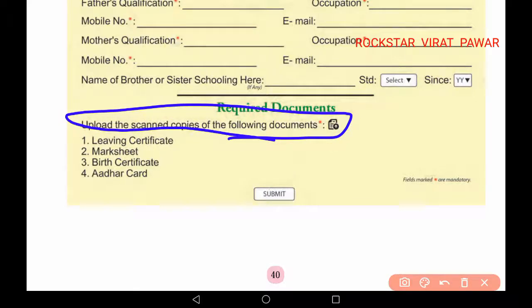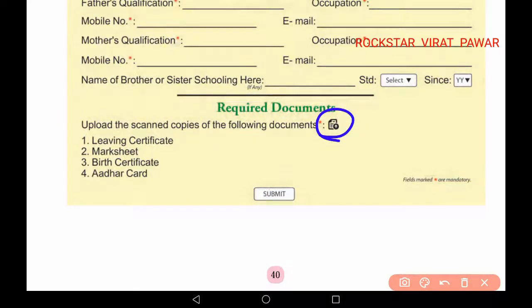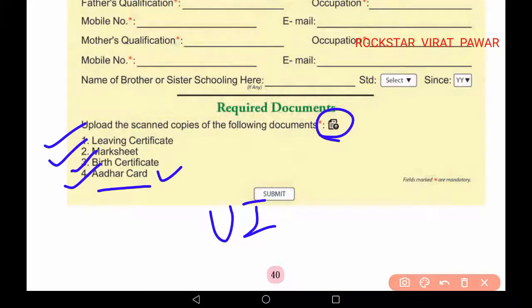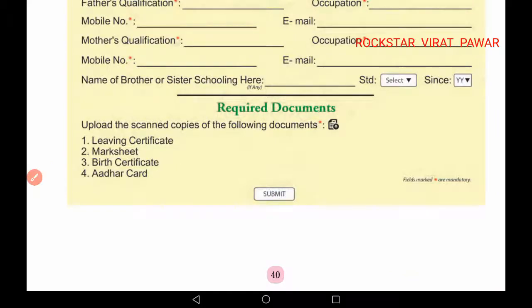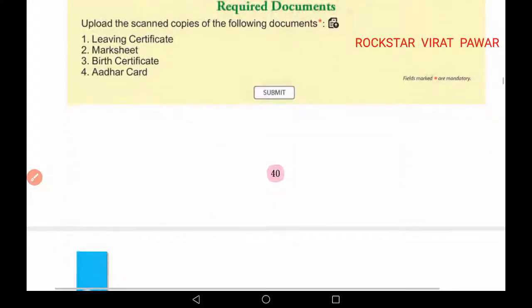You have to upload the scanned copies of documents like a leaving certificate, your mark sheet, your birth certificate, your Aadhaar card. I had also already stated that you should fill your details according to your Aadhaar card, because the link of your Aadhaar card, that is the UID number, is used for various reference purposes and verification of the student.